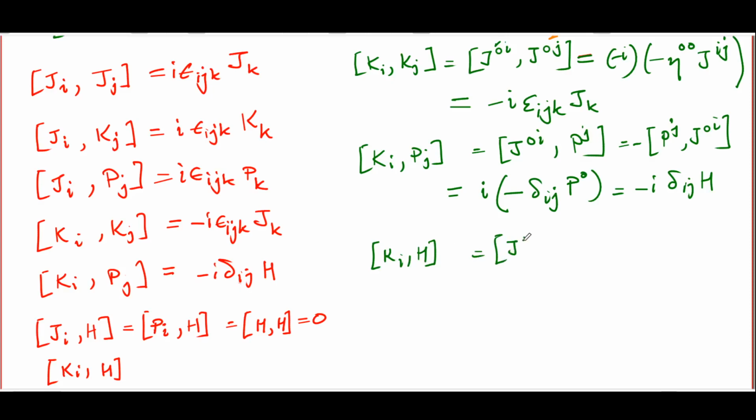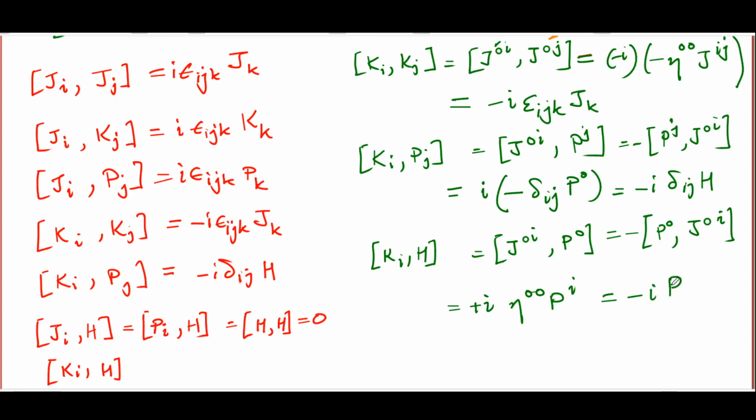is J0i with P0, or minus P0 with J0i. Now 0 can never be equal to i, but 0 of course can be equal to 0. So you get plus i, that's minus times minus i of course again, times eta 0,0 times Pi. But eta 0,0, remember, is minus 1, so this is minus i Pi. So our final commutation relation is,